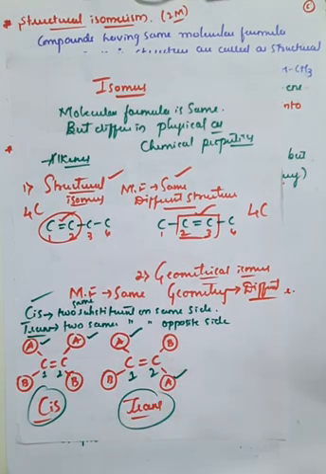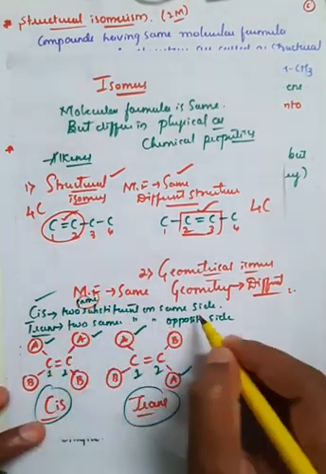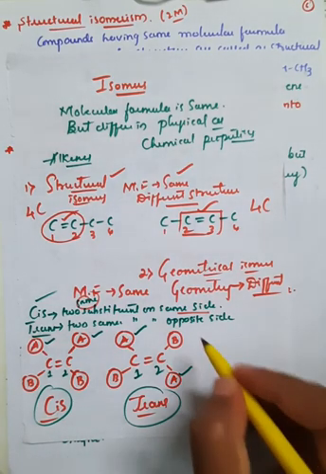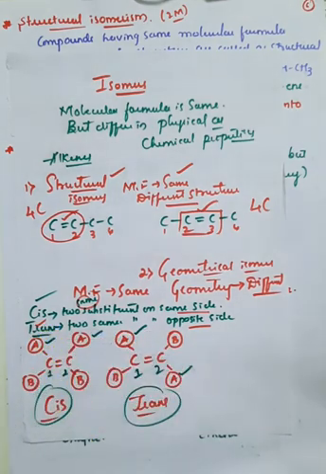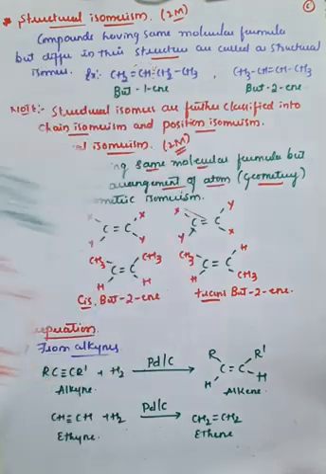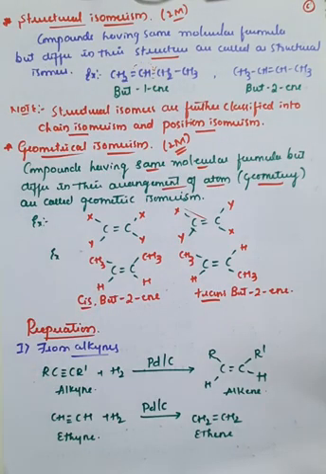Therefore if the two same substituents are on the same side, we call it a cis form, and if two same substituents are on the opposite side, then we call it the trans form, right? So up to here we have completed the alkenes part, and further we will go with the preparation of alkenes. As we have seen the preparation of alkanes with the help of unsaturated hydrocarbons, or with the help of carboxylic acid, or with the help of alkyl halides, similarly here also there are various methods for the preparation of alkenes, right?